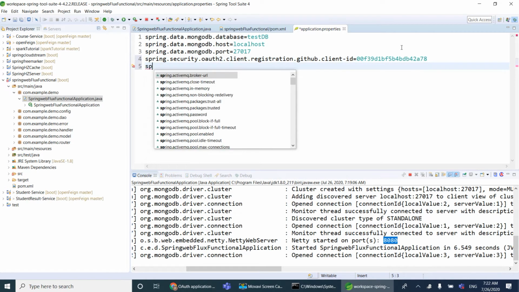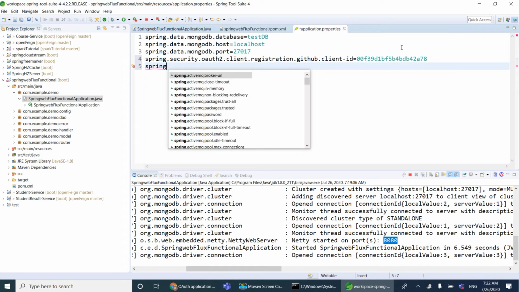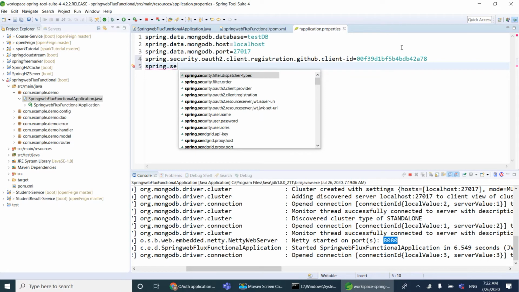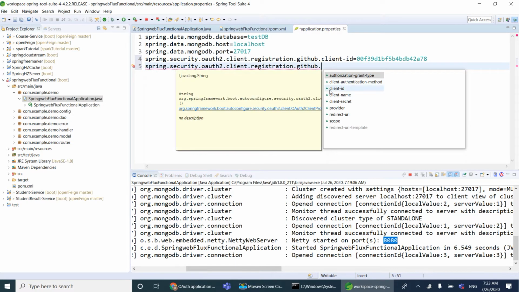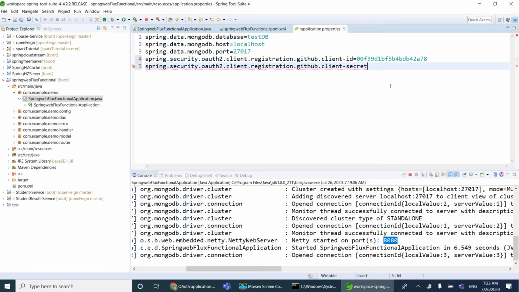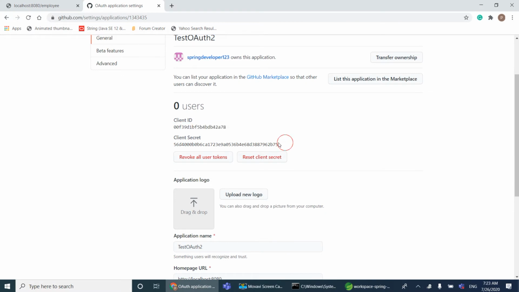Similarly, I have to give the client secret also. spring.security.oauth2.registration.github.client-secret. This client ID and client secret I have created for demo purposes. Once the demo is done, I'll delete this. So I'm just copying this.